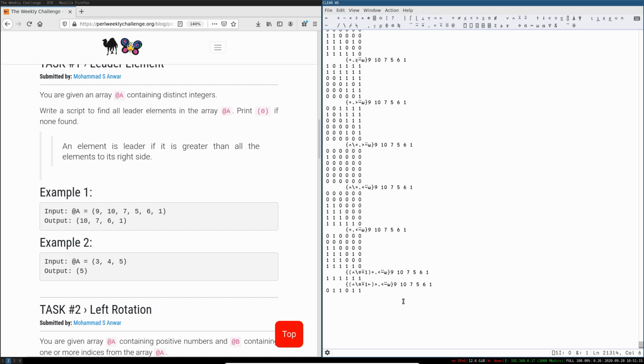Sorry, I'm not verbalizing the thought process very well. I'm kind of just staring at matrices to see the pattern, but I think this is the guy. Can I reason my way out of it? Not entirely sure. The outer product compares all numbers to all the other numbers, and this time we're giving it a less-than relationship. So is 9 less than 9? Is 9 less than 10? Is 9 less than 7? Etc. Is 10 less than 9? Blah, blah, blah. And then the and scan is basically